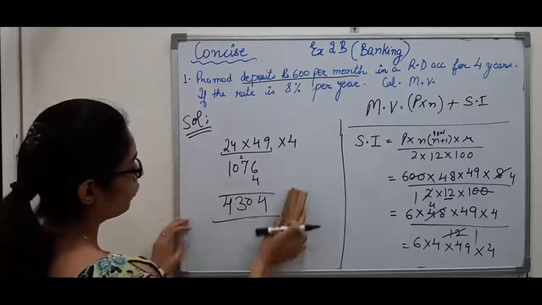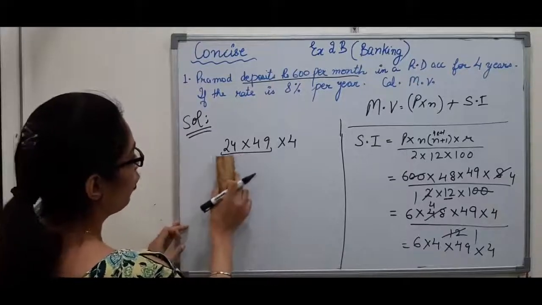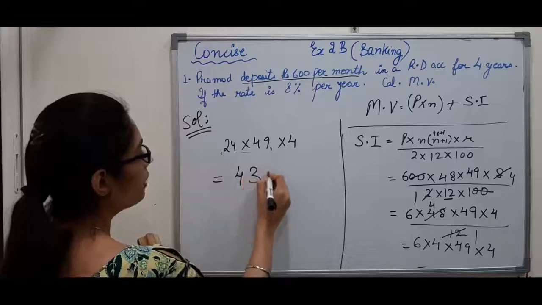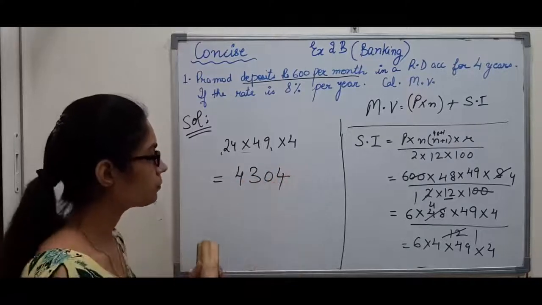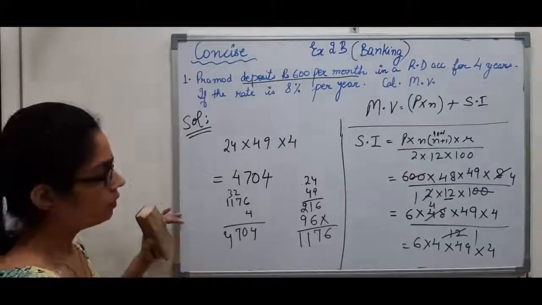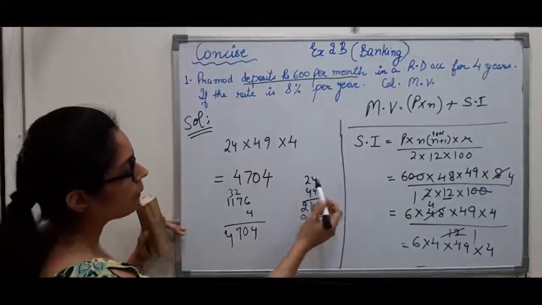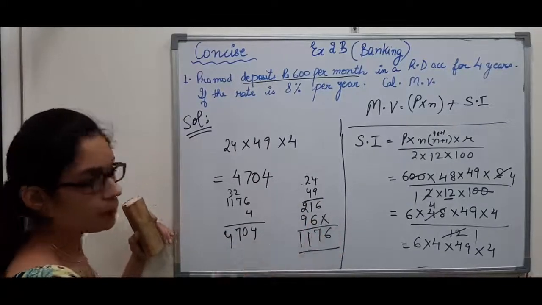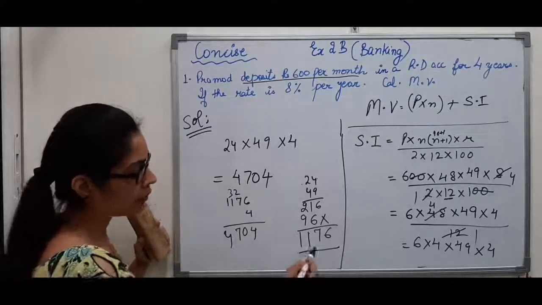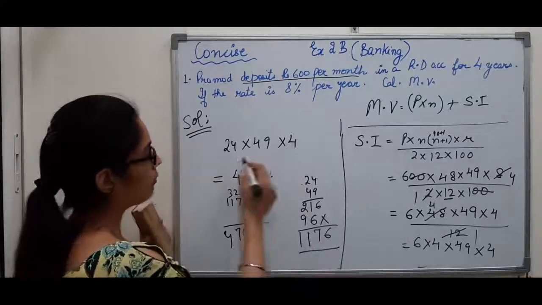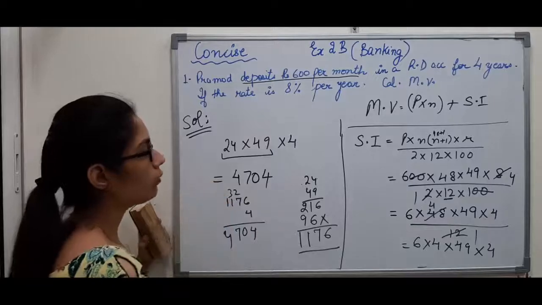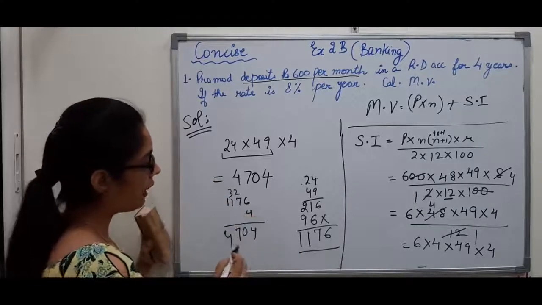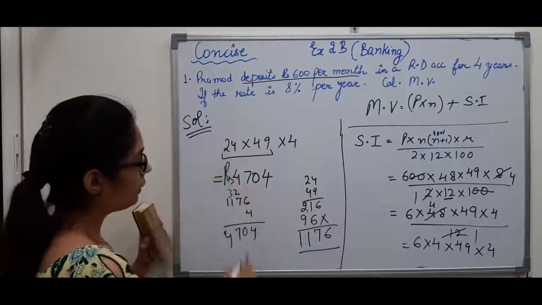So I got 4304 on multiplication of all these terms. You can see on multiplying 24 into 49, I got this. You can see the multiplication also. This is simple multiplication. I got 1176 on multiplying 24 into 49. Then I multiplied 1176 with 4 and I got my simple interest as rupees